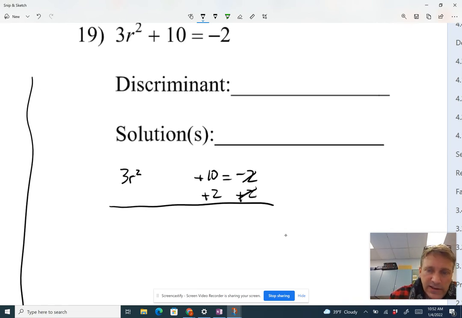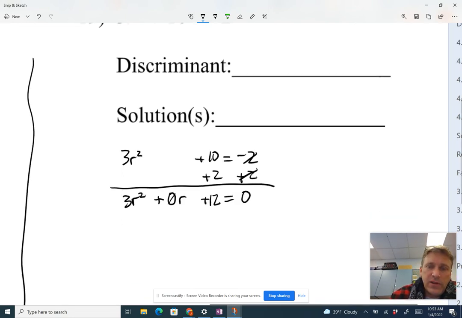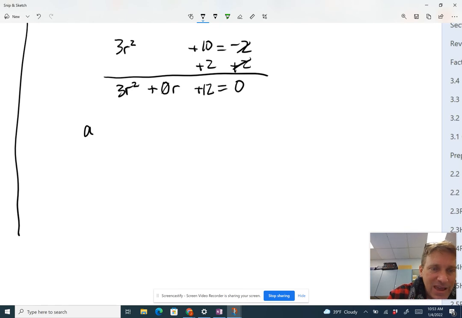And that's going to give us 0 on the right. On the left, it's going to give us 3r squared plus 12. And in between here, I'm going to write plus 0r. I'm going to put a little line there so it looks like a 0 instead of an r. And then we can make note, now that it's in standard form, that A equals 3, B equals 0, and